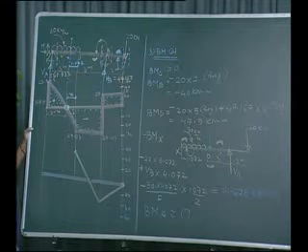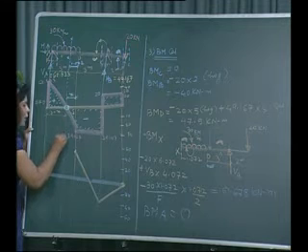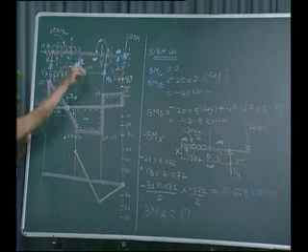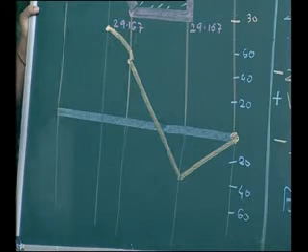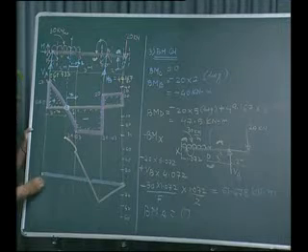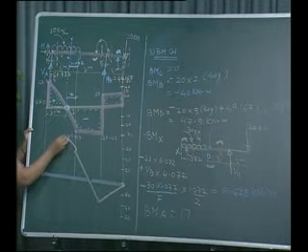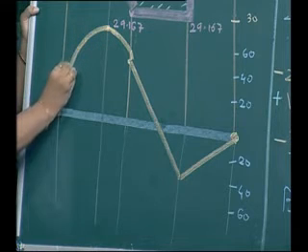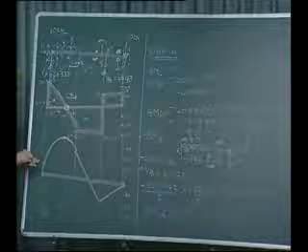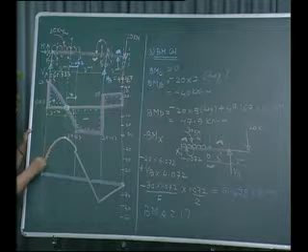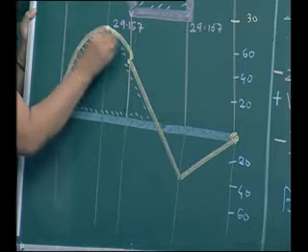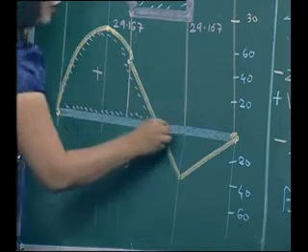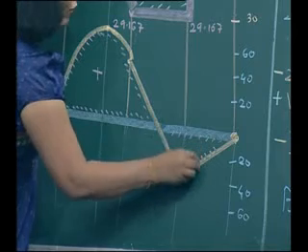Then bending moment at section X, 61 point something, so somewhere over here 61.67. As it is a UDL, we have to draw a curve. So we will draw a curve. Bending moment at point A, 0. Again it is a uniformly distributed load, so we will have to draw a curve. Now we have to show the confinement of area where the bending moment is acting. Show positive for above the baseline, negative for below the baseline. Show the ordinates. Now can anyone tell me what is observed over here?